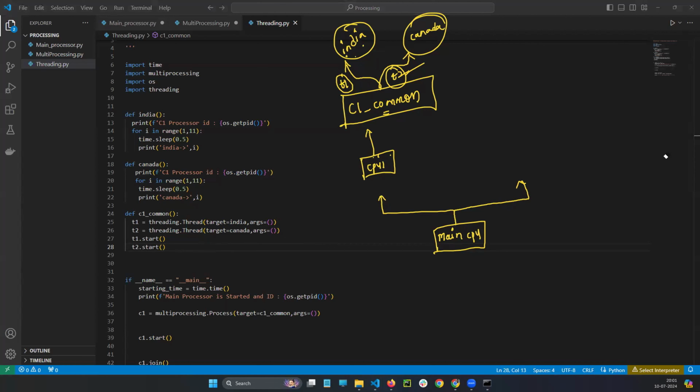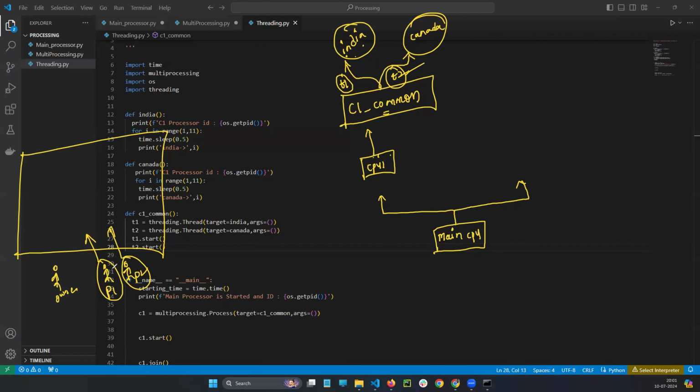I will draw a diagram here. So this is my home. Also, I am the owner, for example. So 2 people are there. This is person 1, this is person 2. Person 1 is doing his own work, person 2 is doing his own work at a time. But if I give more work to person 1, what will the person do? Once completing the first one only, he will do the second work. Yes or no? So thread also same.